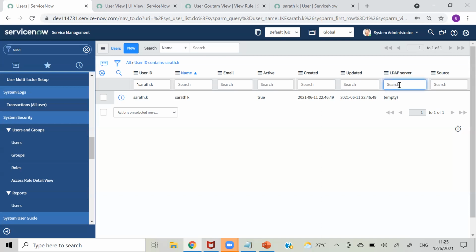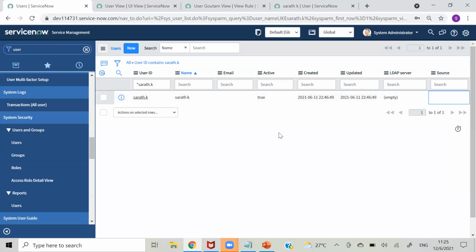If you pull a user from LDAP, he will have some value here, like LDAP colon, some source, some description, like a URL. This will be the LDAP server, and the source will be from the same LDAP only.